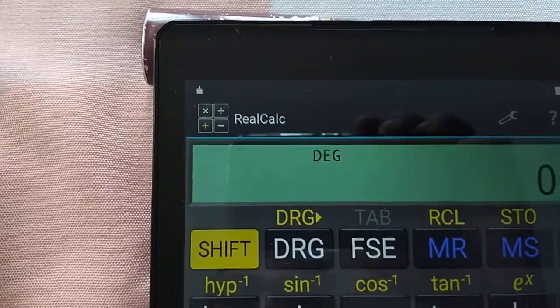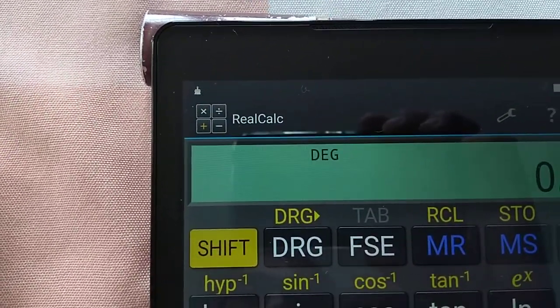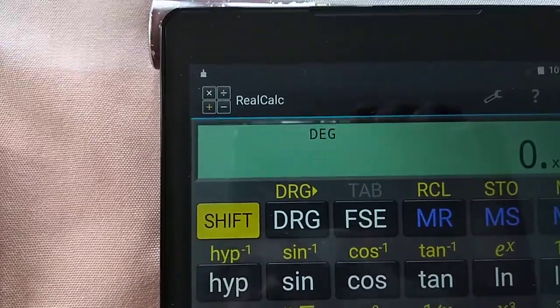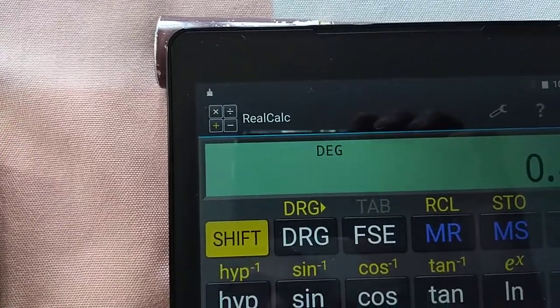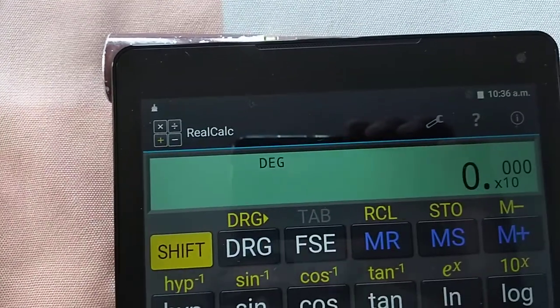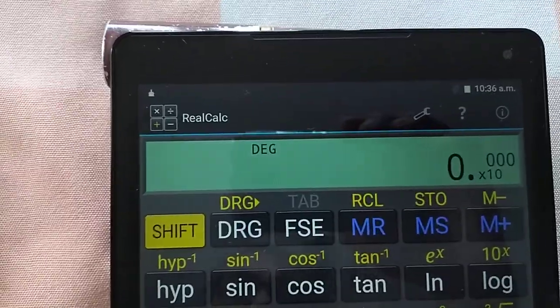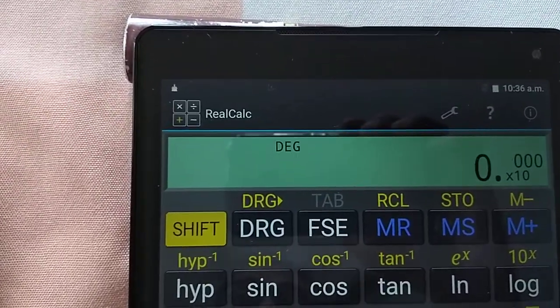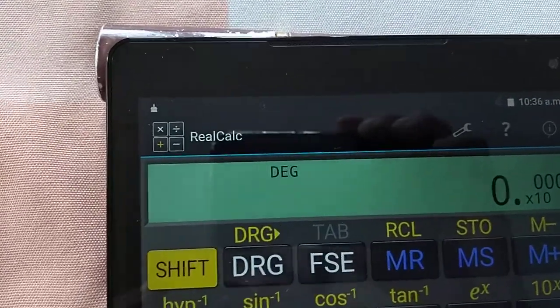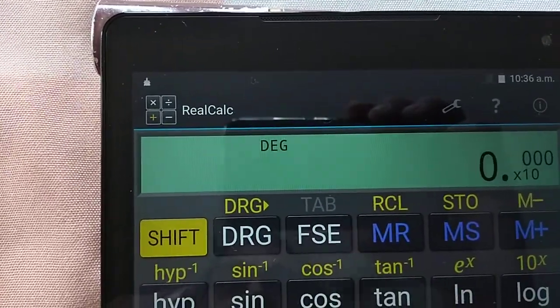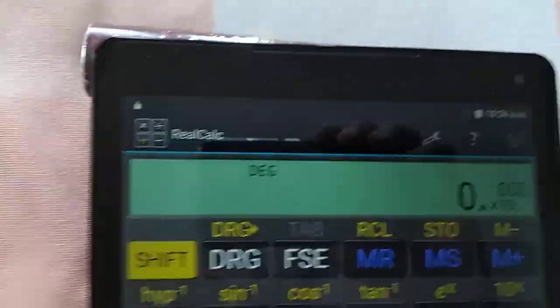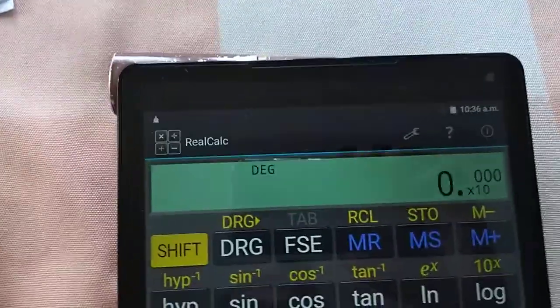The paid version gives you a few extra features which we don't really need in our class. Also remember that I'm not sure whether it is available on iPhones, but it is definitely available on Android. If you want to purchase the pro version, it costs 79 rupees, that's all. Anyway, I don't recommend it.